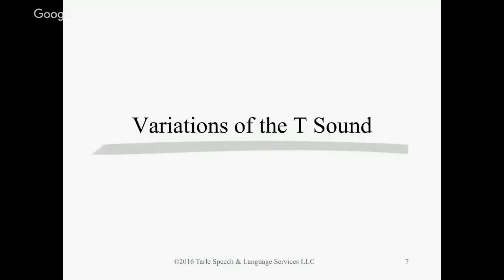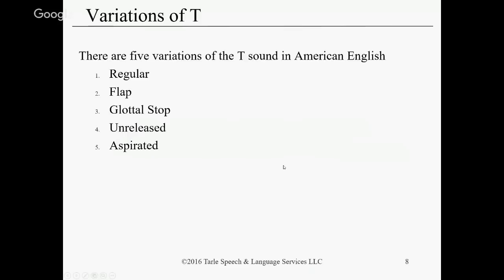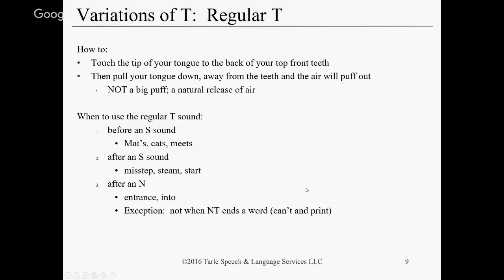Okay, so what are the variations of the T sound? There are 5, yes, 5 variations of the T sound in American English. We have a regular T, a flap T, a glottal stop, an unreleased, and an aspirated T. Okay, so keep in mind with these T sounds,